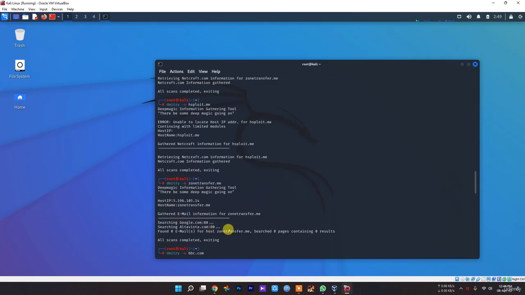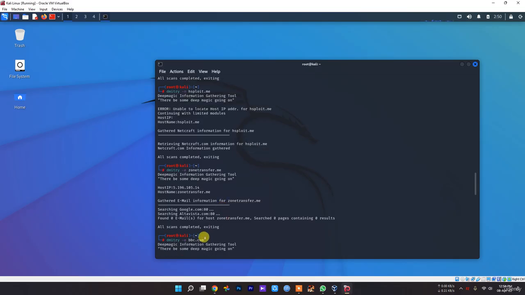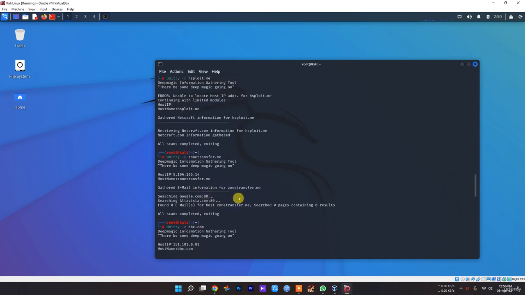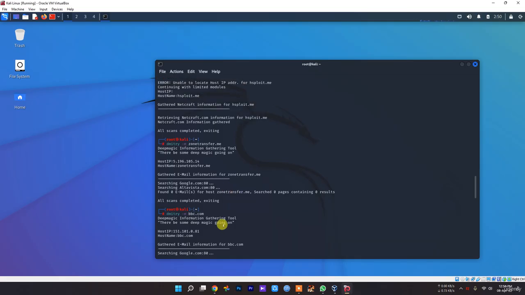Regarding this particular domain, let's try another example. Let's try a popular website, as we all know, bbc.com. We would gather any publicly available email addresses that are linked to the public bbc.com